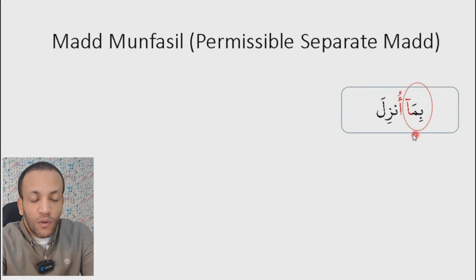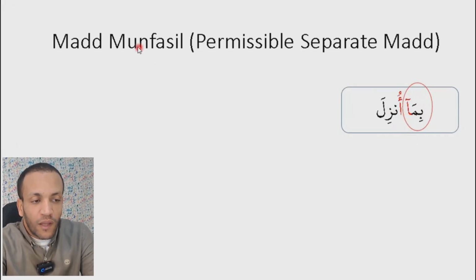So here, when you read the two words, you will prolong the sound of the letter alif here, 4 حركات. And you will read بما أنزل. بما أنزل. If you read just this word,